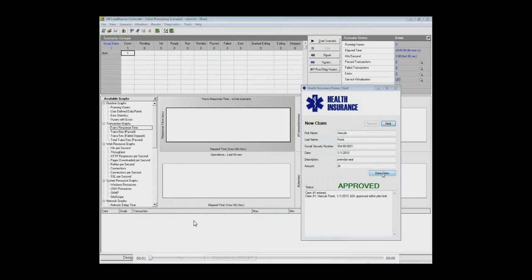So what we have here is the tool that you probably know. It's the HP LoadRunner. It's the controller that is executing the script. We also have the UI. So first, what we will do is create the script for LoadRunner just by recording the behavior